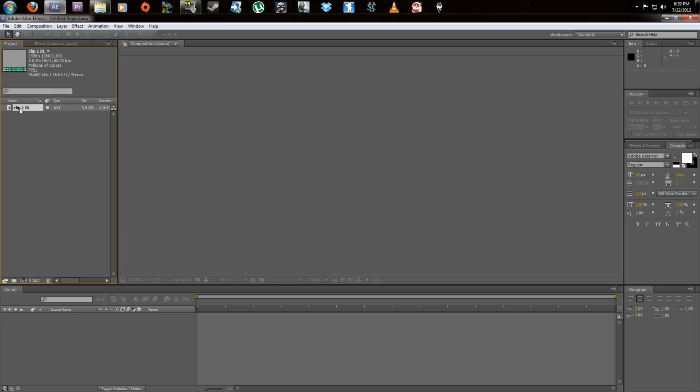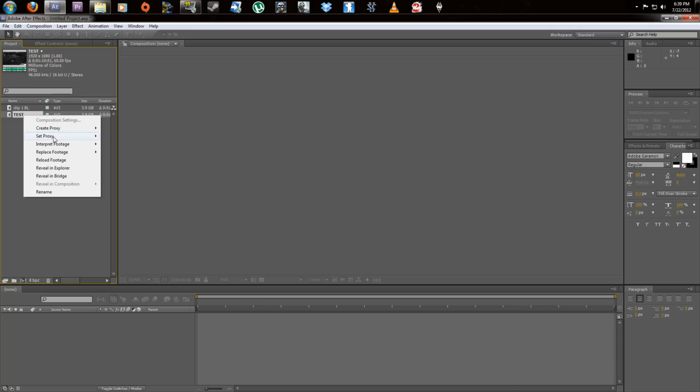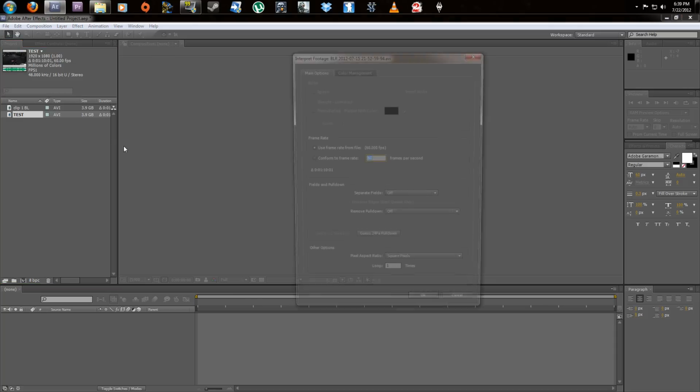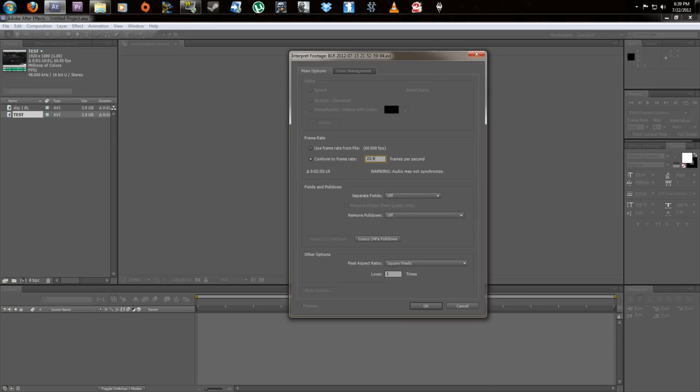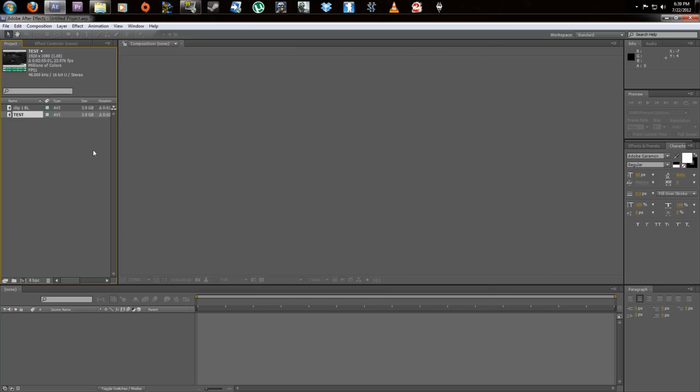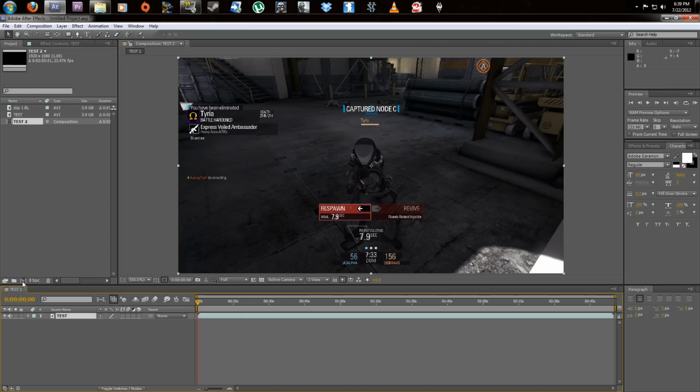The reason why I always duplicate the clip is because once you change the frame rate, you cannot go back and undo it. So if you have only one copy of something you shot and you change it to another frame rate, then you're screwed. You cannot change it back. So always duplicate the clip before interpreting the footage to another frame rate. So we drag it to a new comp,